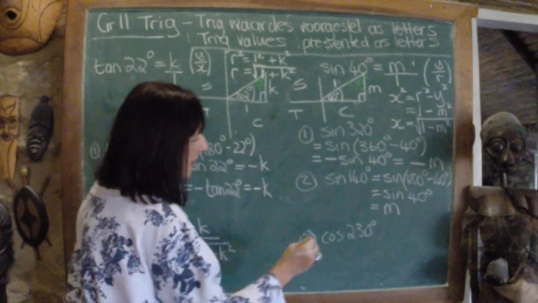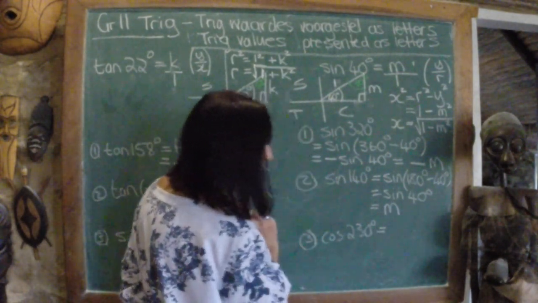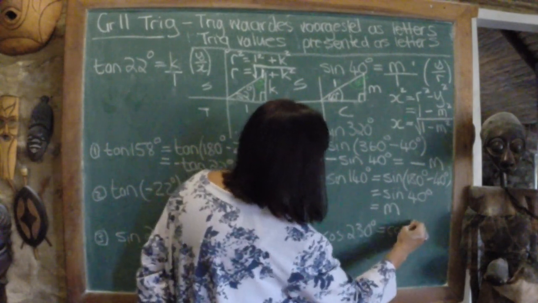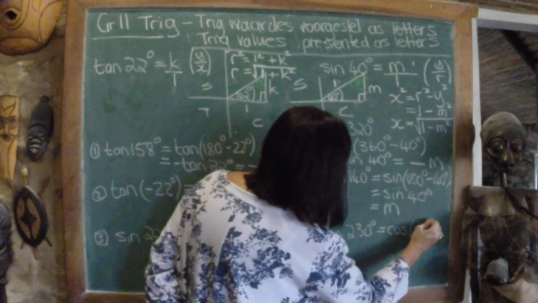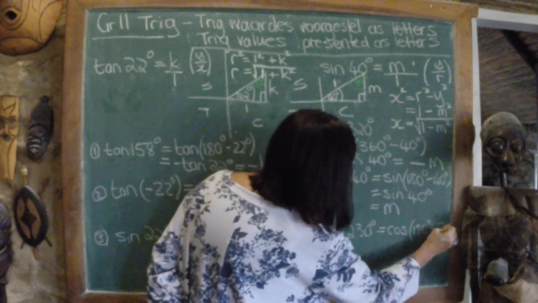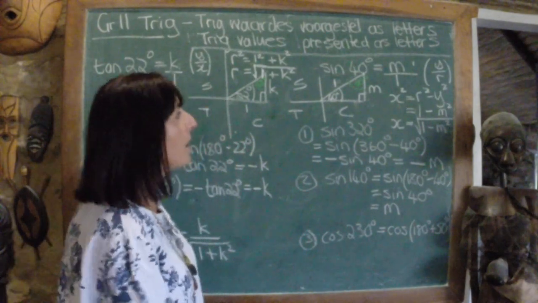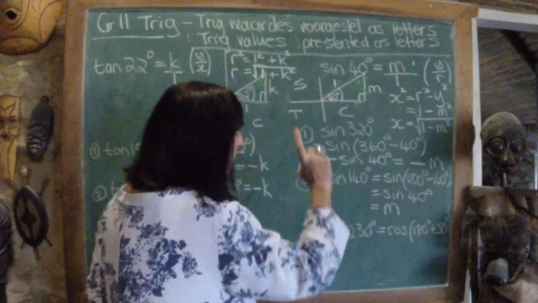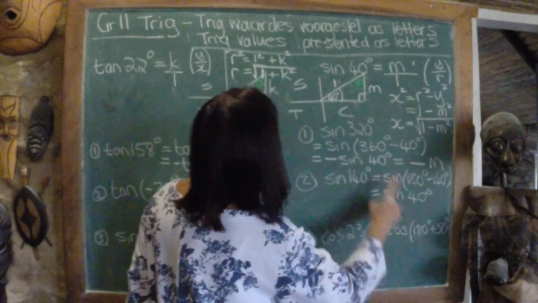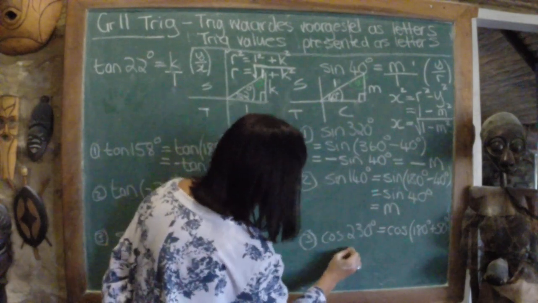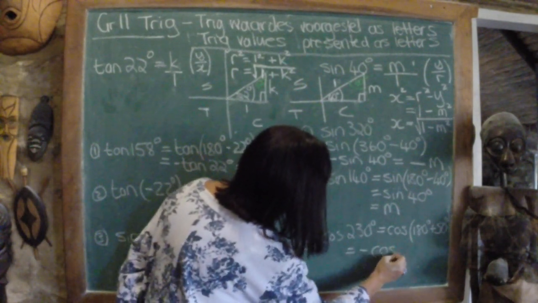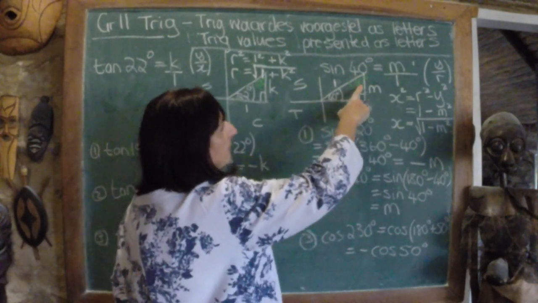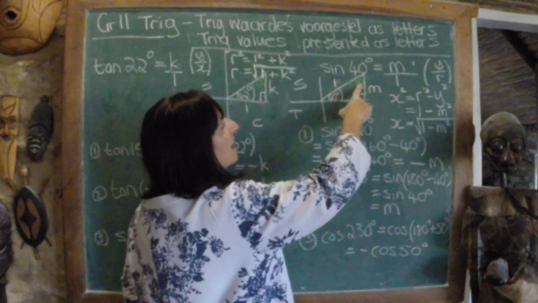Cos van 230. Kom ons gebruik reduksieformule. Cos, kyk nou mooi, 180 plus 50. And that's no problem at all, because see, there's a 50 degrees. I can use it. So let's use it. We want cos 180 plus, that's a minus cos of 50. Kom ons gaan nou na ons 50 grade hoek. 50 grade hoek van cos, cos is x,